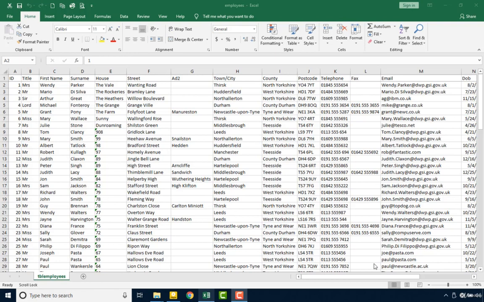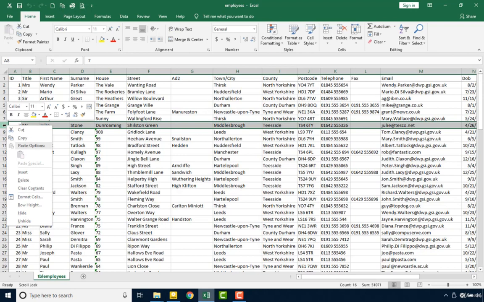Okay, let's say, for example, in this section, we take Miss Julie Stone, and let's say she had been fired from the company. We don't want her information to be printed once we take the information to the directors of the company. What we may want to do is hide the information,